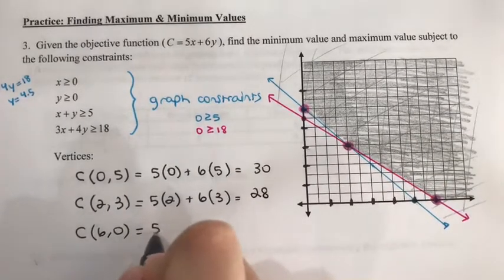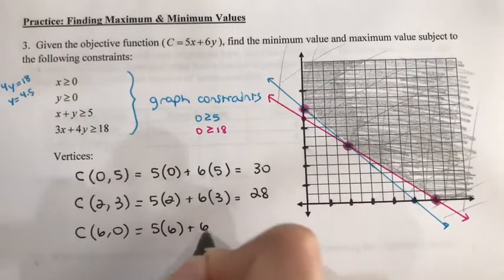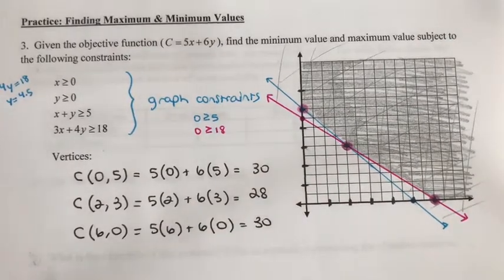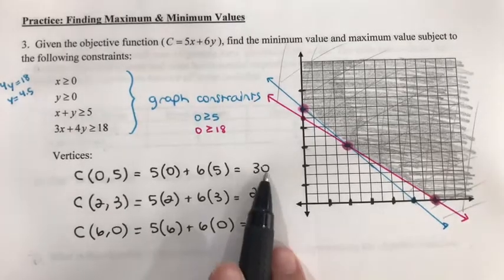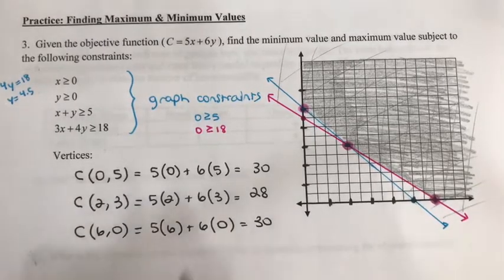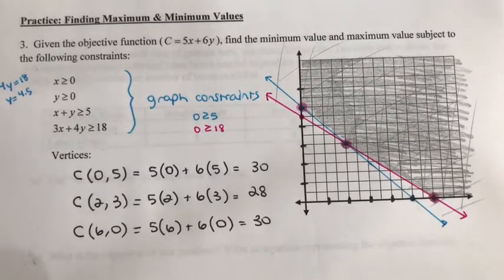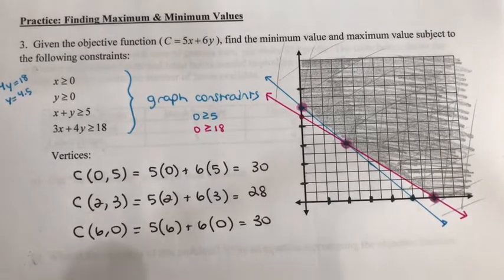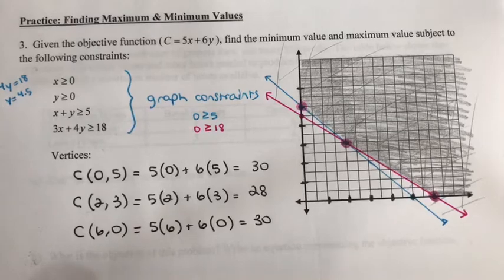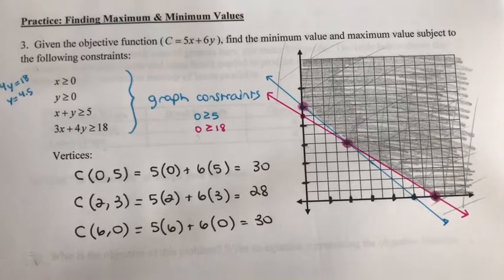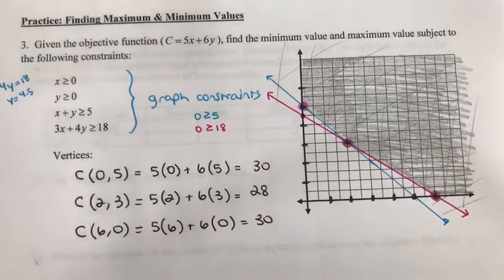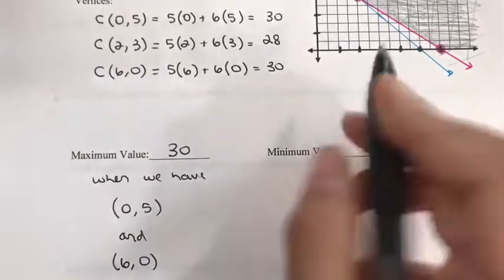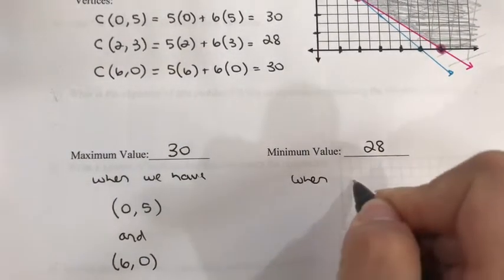And finally, 30 again. So our maximum value is 30 when we have 0, 5, and 6, 0. Our minimum value is 28 when we have